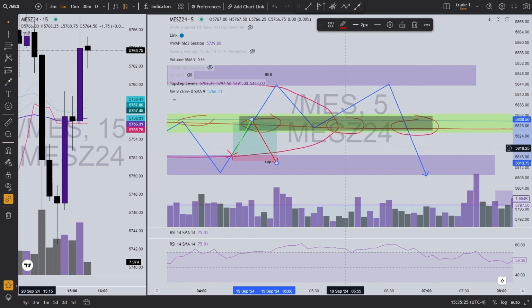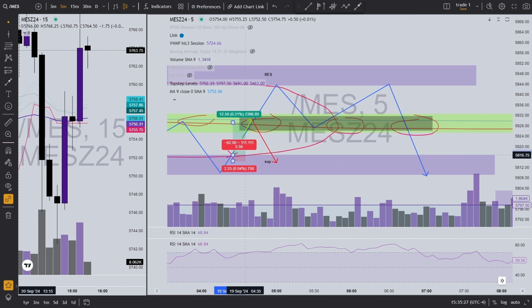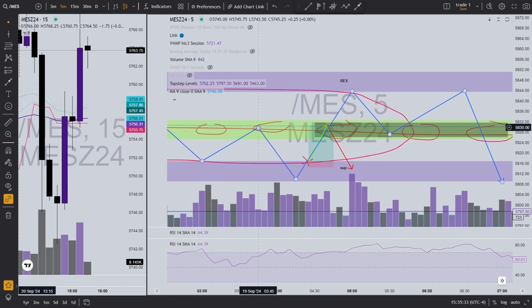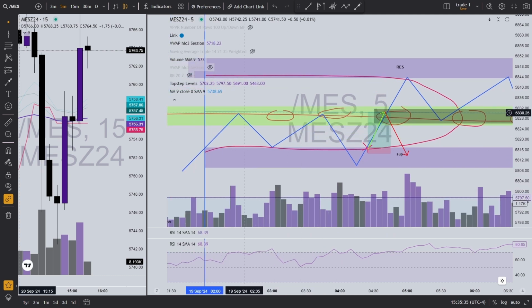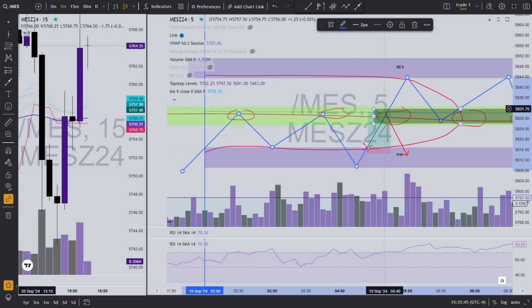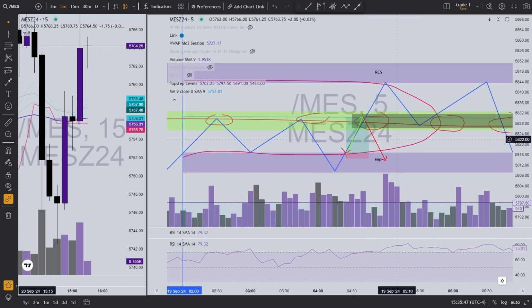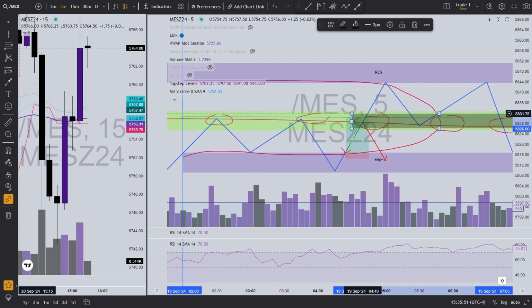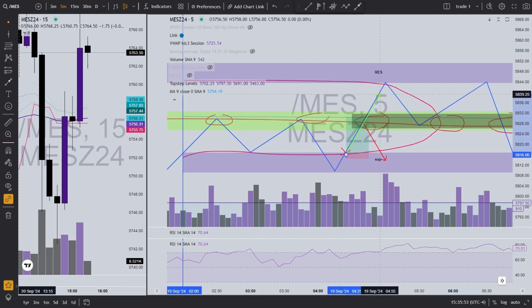So my point of entry and exit is easily marked out for me at this point in time, because I know, because of 3 points before then, we've come up and we've tested these numbers, 2 points before then we've come up and tested these numbers, that chances are if we bounce off of these levels of support, we're going to come back up and test these numbers again. Now, at this point in time, it's probably a 50-50, because we could come all the way